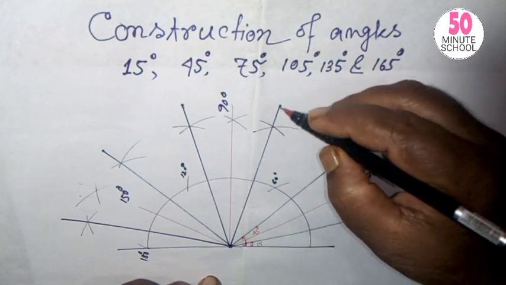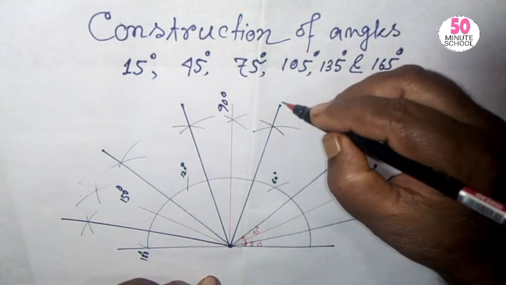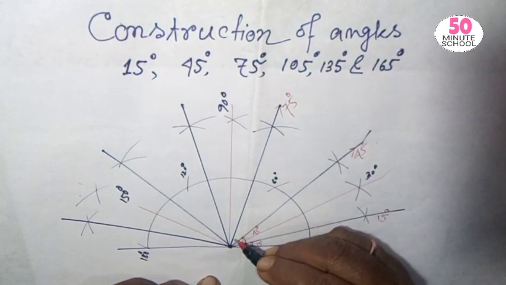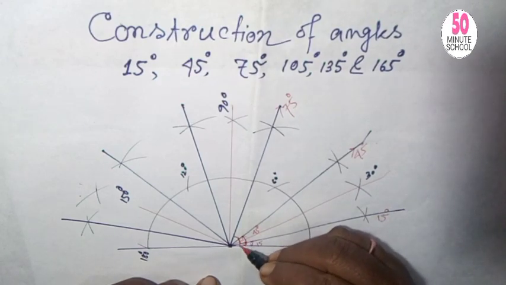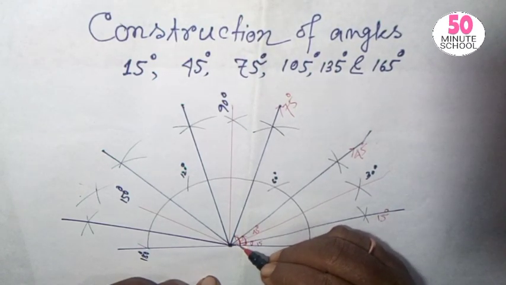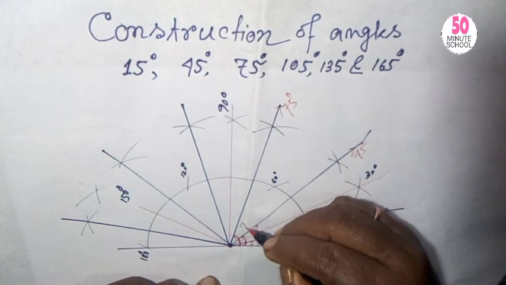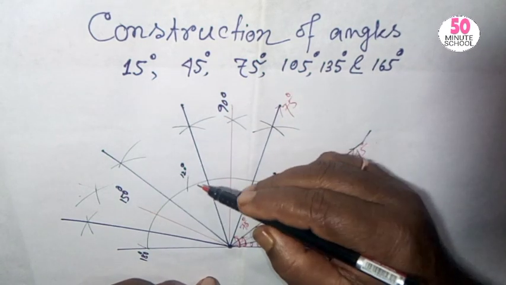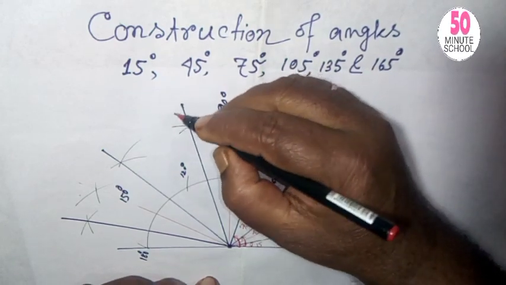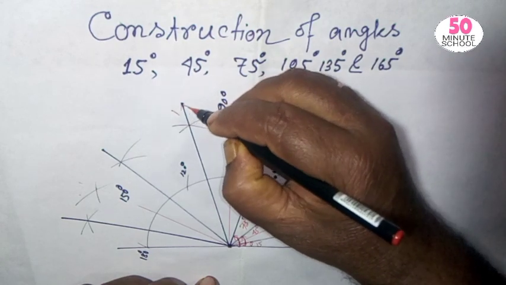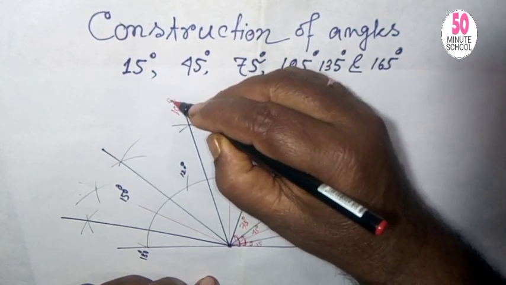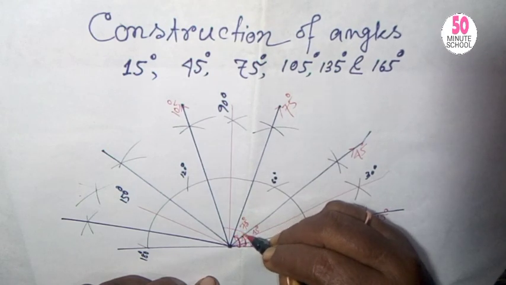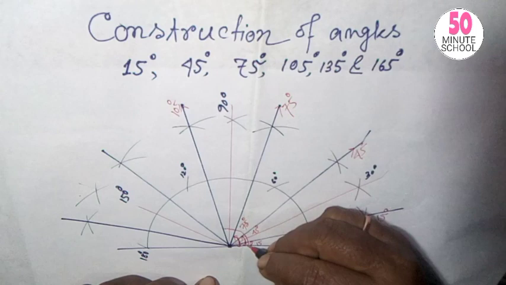This is 75 degree. 75 degree. These are 75 degree. 75 degree. This angle is 105 degree. This angle is